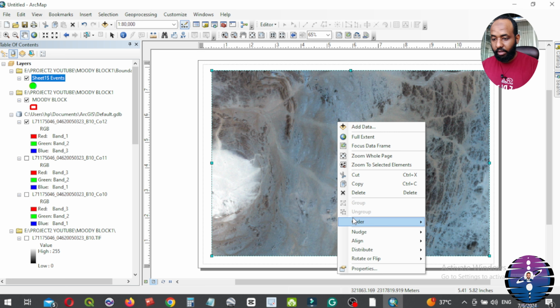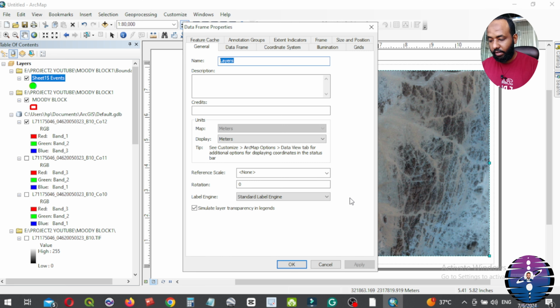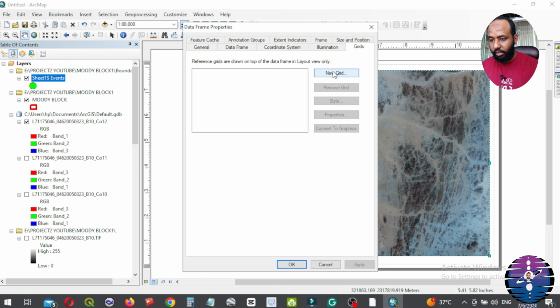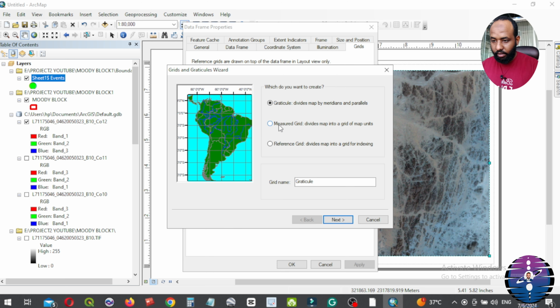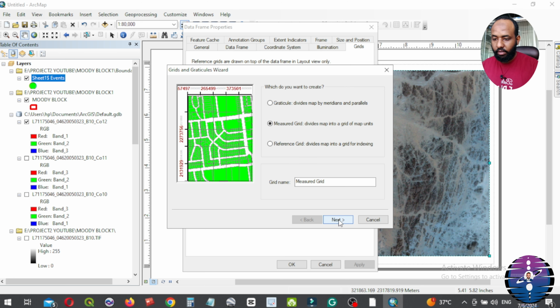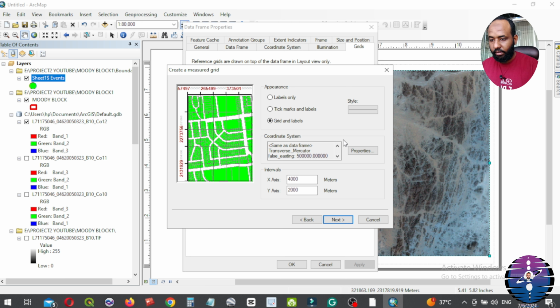Right click on the map, choose properties, select grids, new grid, measured grid, next, XY, for example 100, adjust the line size from the style options and set appropriate interval between the lines 100, 100, 200, 200 or 5000, 3000 or 4000, 2000.